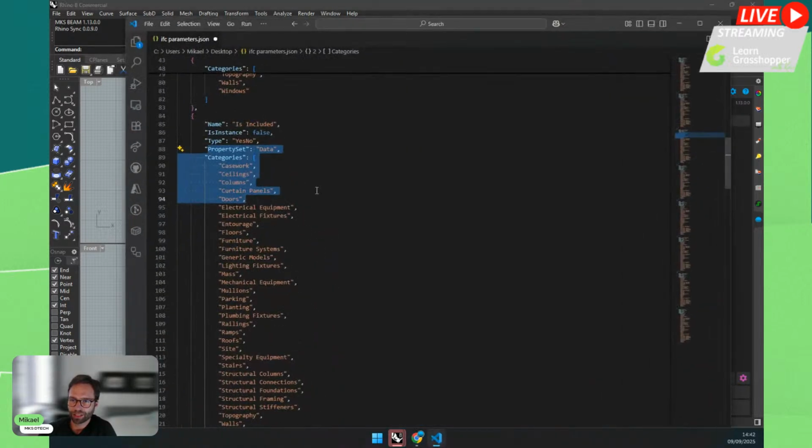In this file, in the JSON, anyway, you have the property set. So these will create the property set if they don't exist. So don't worry, you can just add the parameters to the property set, and you will add the property set. Okay.